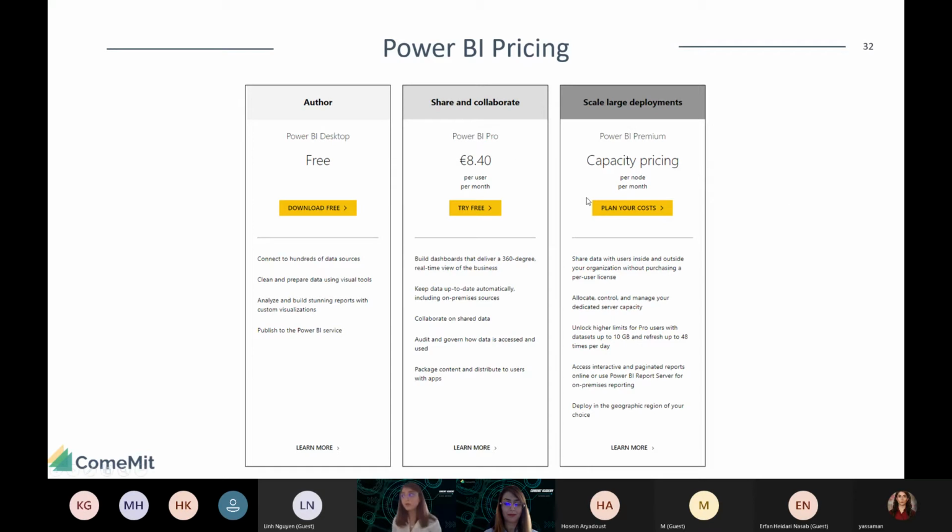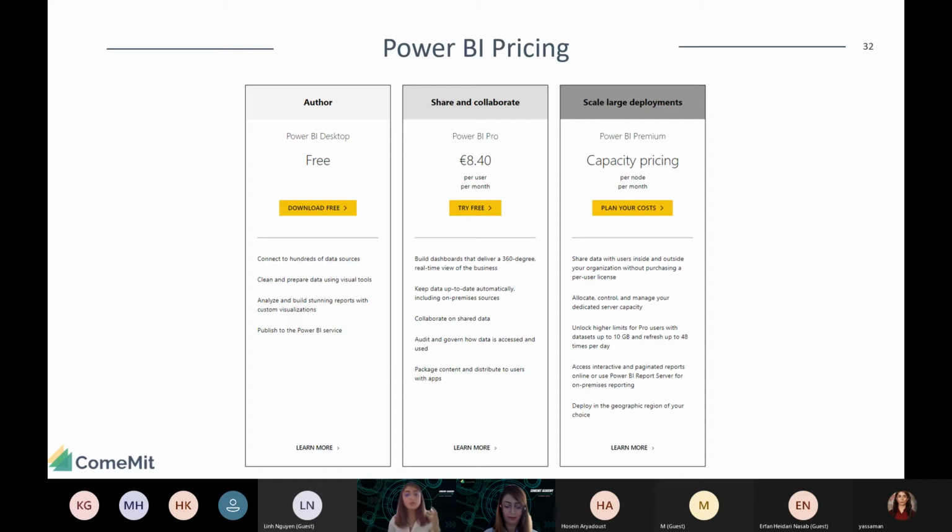So if you want to use Power BI Pro just to share your content, your final report at the end in a secure way, you just need to pay €8 per user. So if you are in a company with, I don't know, 20 end users or 50 end users, it's not much more expensive in comparison to other products.